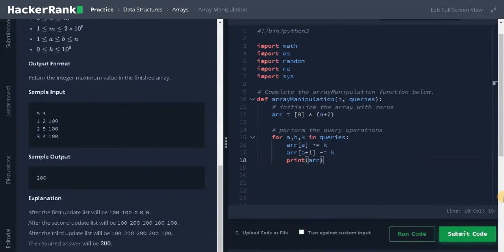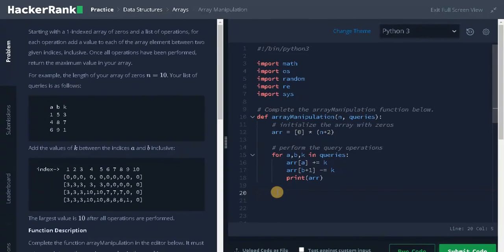Let's do that now. We have to find the maximum element from the array. So max num equals temp equals 0. This variable stores the maximum element. This is after computing the prefix sum. We will be checking whether it is greater than the max num. Let's do the operation now.